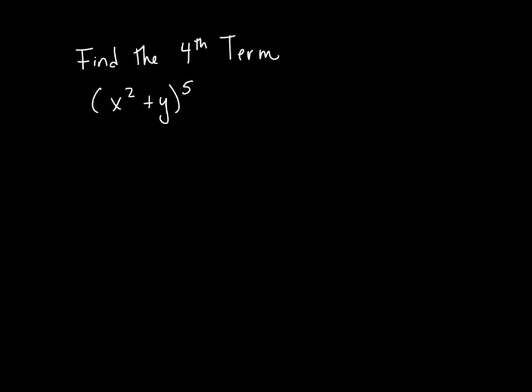All right, so we're going to go ahead and do one more. I don't have the formula copied down here, but I think you guys can remember. We know that n is equal to 5, and then r is equal to 4. But what we really need is r minus 1, which is equal to 3. So when I'm setting this up, I know the 4th term is going to equal 5